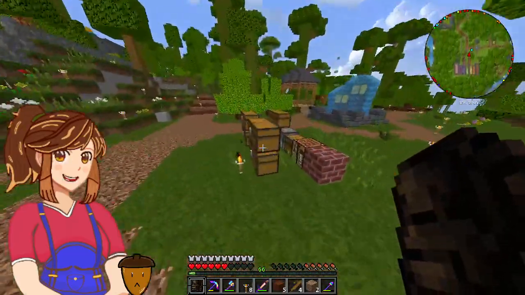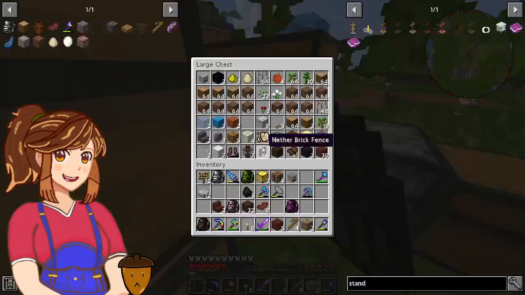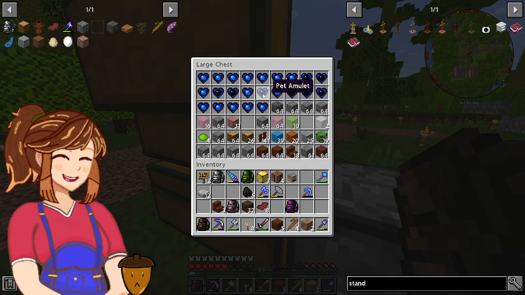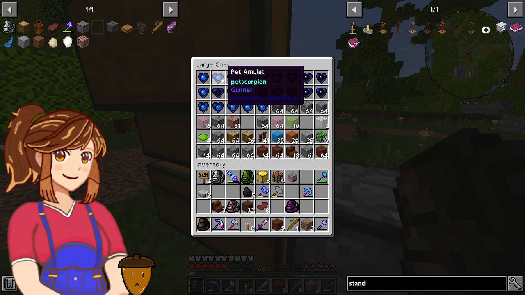And we also still need to go out and gather up some more. I plan on at least making a complete zoo. And we already have quite a lot. We have a lot of, oh, there's Randula. Our snakes that we have. We got Kamba, we got Raw the Lion, Dumbo Jumbo, Poe, Lily, Mallow, Array, Chaphanty, Gunner,